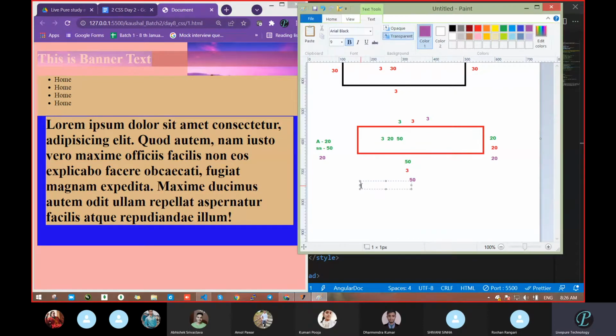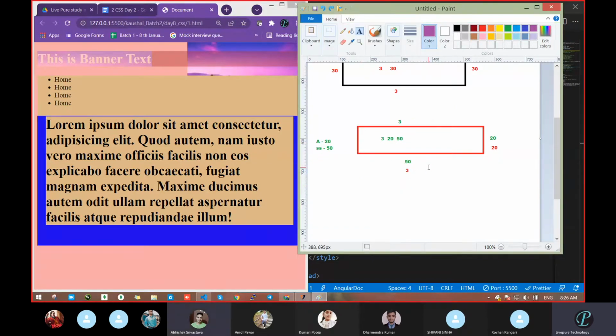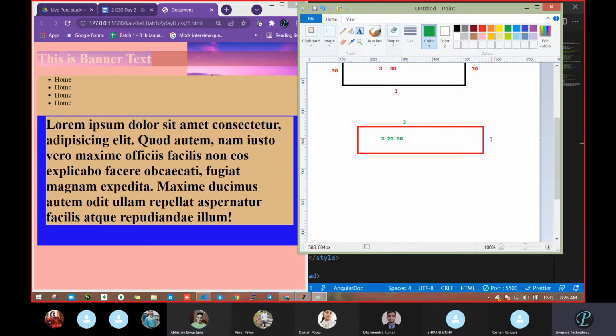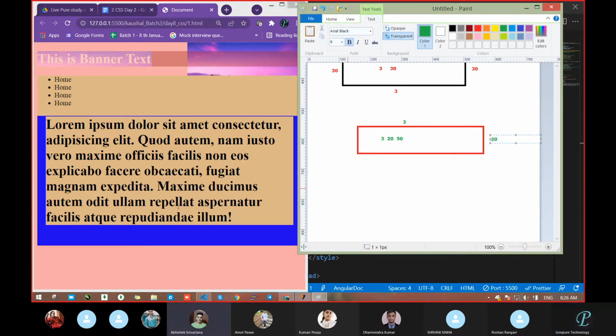Okay. So how does that rotate actually? When you have 3 values, first value will go on the top. That is clear for all. Okay. Second value: you split the second value into left and right, both directions. 20 and the other 20 on this side.